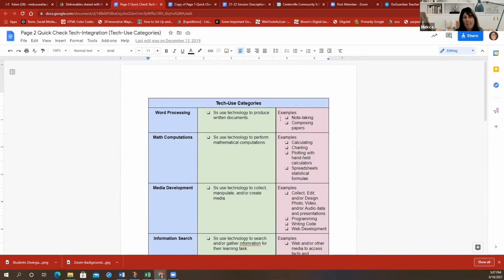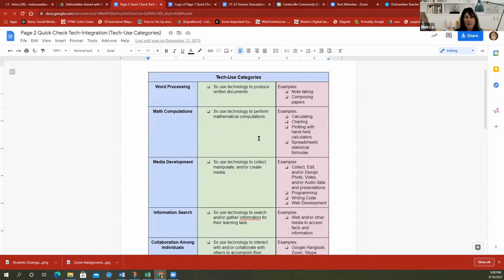And you can probably imagine then, most often, if students are producing word processing on Google Docs, it might be considered lower level, but Google Docs provides so many other opportunities to, again, sort of kick that up a notch. Students can collaborate on Google Docs. You can use the Explore button, for example, and do all sorts of other note taking and adding even your own videos and things like that, where we can start to move from that lower level thinking to higher level. Math computations, that's pretty self-explanatory,